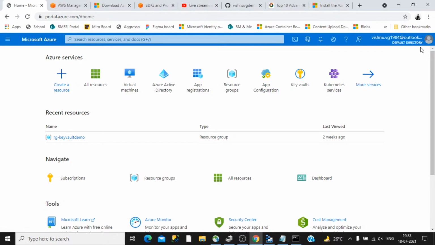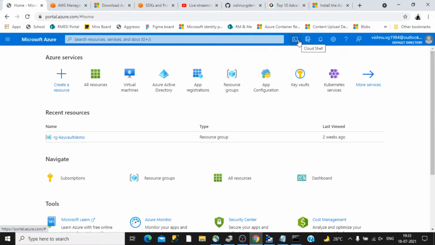So as you are logged into the portal, you can straight away interact with the resources through the portal. But here there is also an option provided, because if you are going to automate something, or you want to do a series of actions in the cloud, then it may not be feasible to open each of these resources and interact one by one. So in that case, it will be better to use a command line interface.